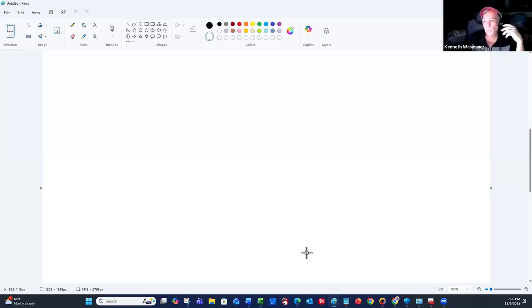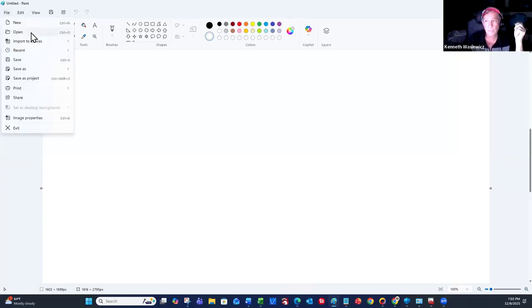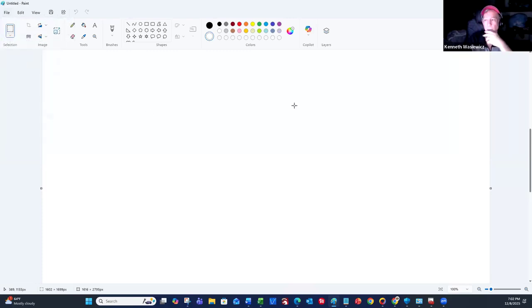Okay. So what you want to do is open up the free program on Windows, Microsoft platforms. If you're on a Mac, there's a graphic program that comes for free. And then you just want to open up the image. Once the image is on here, click on this little A and then click somewhere.